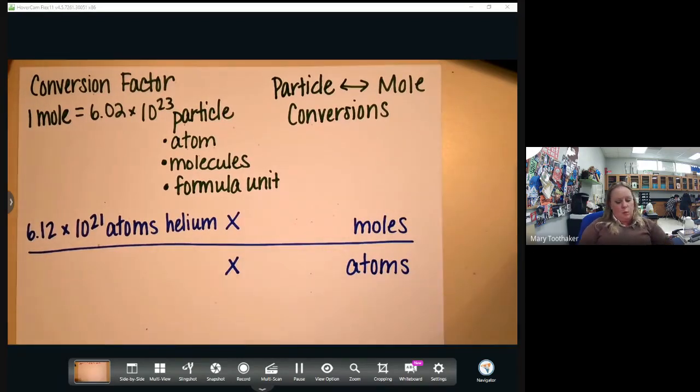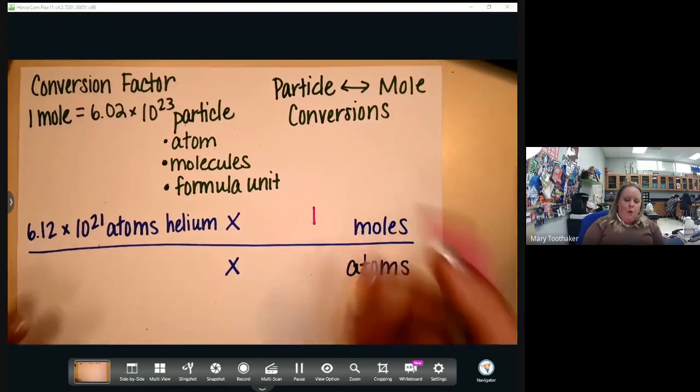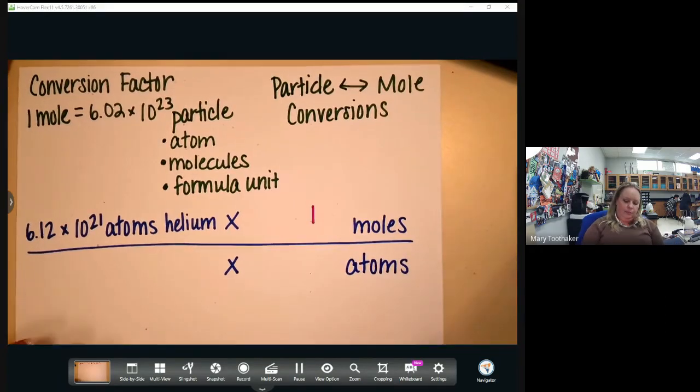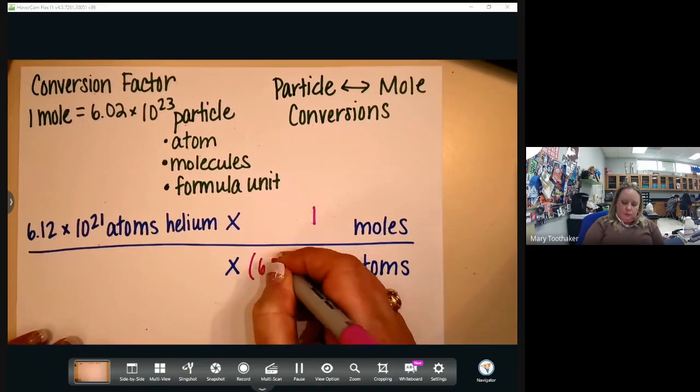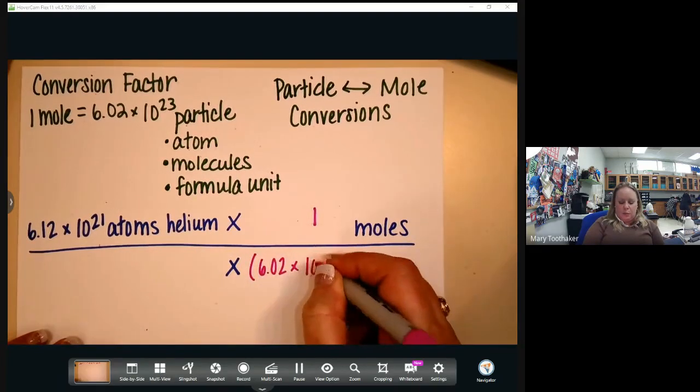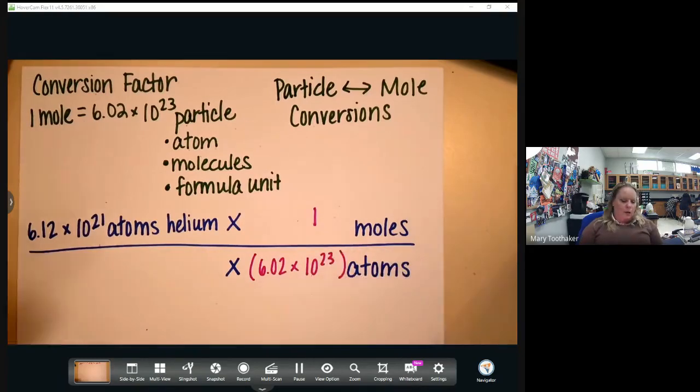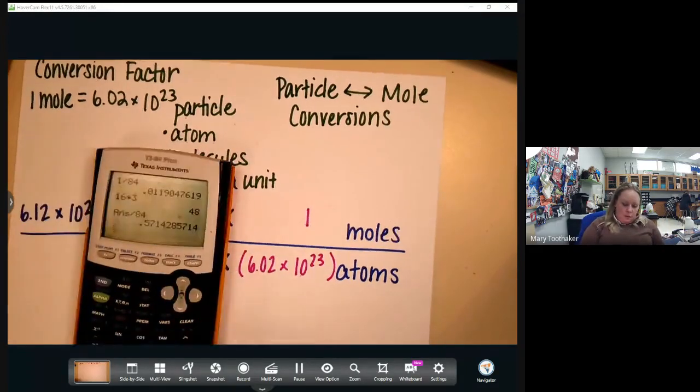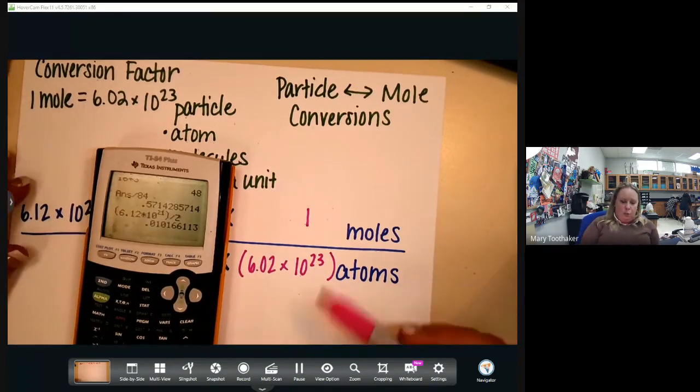What number always goes next to the word mole? 1. What number always goes next to the word atoms? You can really just say 6 at this point. I know where you're going with it. Okay, what mathematical operation are we going to be performing here? You are going to be dividing. Don't forget to use parentheses or it screws up PEMDAS and you get an exponent in the 40s. I have my calculator programmed, these graphing calculators, so Avogadro's number is just Z, so I don't have to type it all the time. And I get